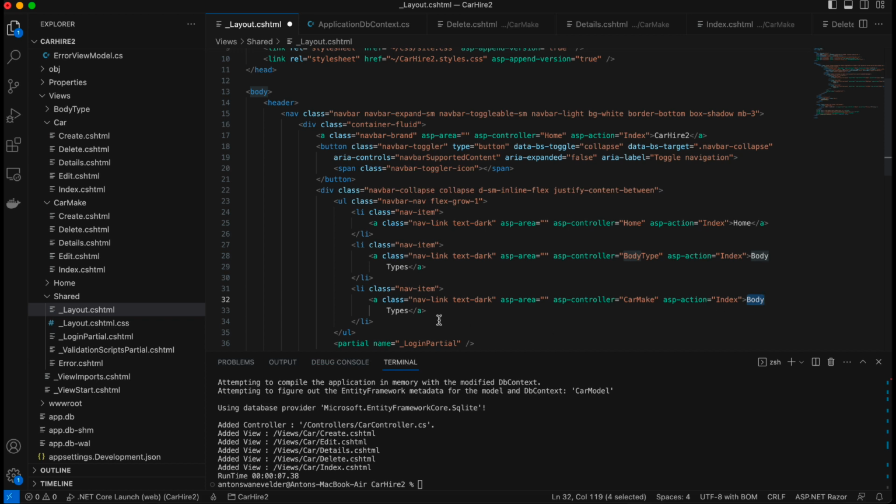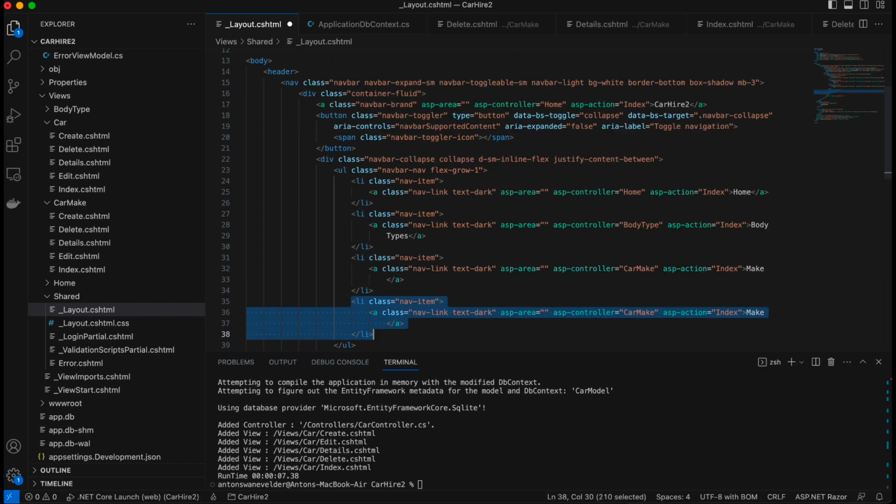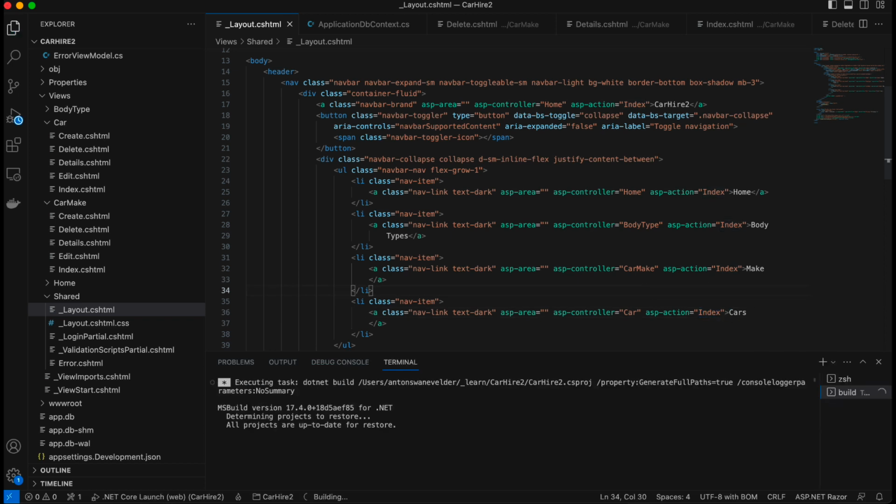And then lastly cars. That should be car. Remember that it's just a single word before the controller, and index. Okay, and if we run it again,